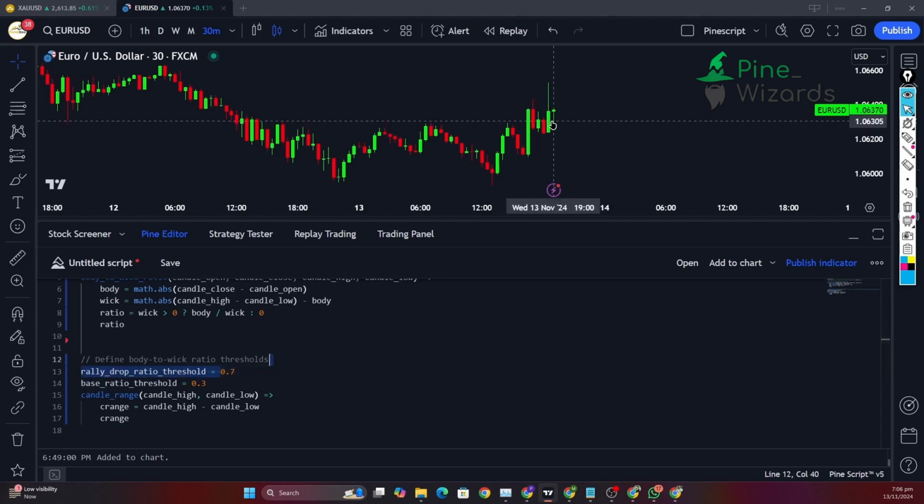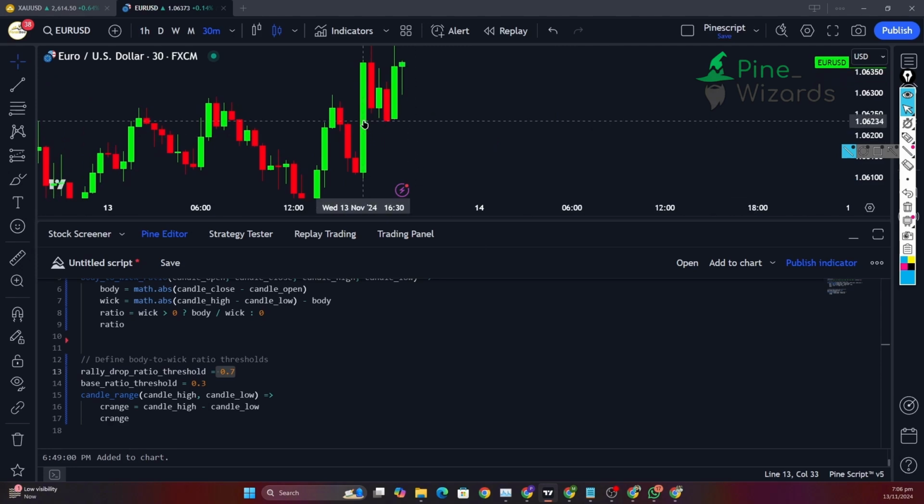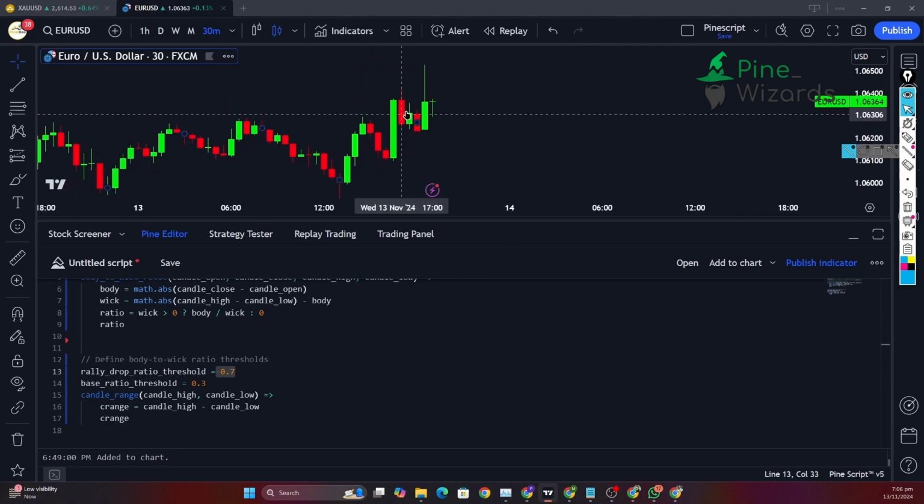So we want the body to wick ratio of rally and drop candles to be above 0.7 or 70% of total range. So what this means is that 70% of the total candle will be the body of the candle, and the remaining 30% or less can be the wicks. So this one here would not qualify as a valid rally candle, because the wick is above,